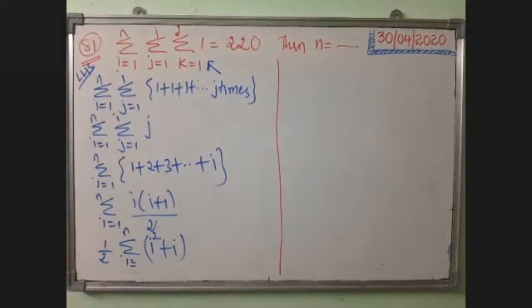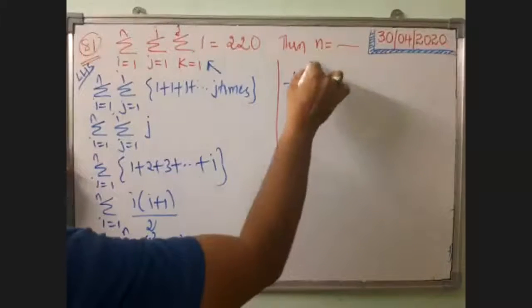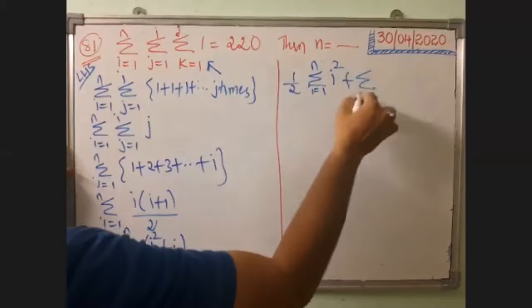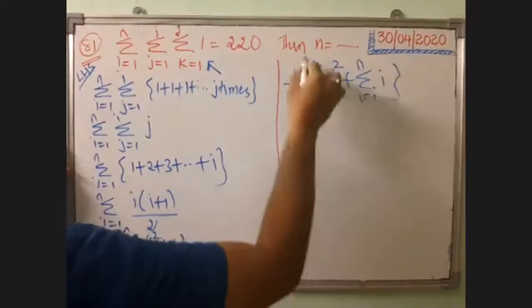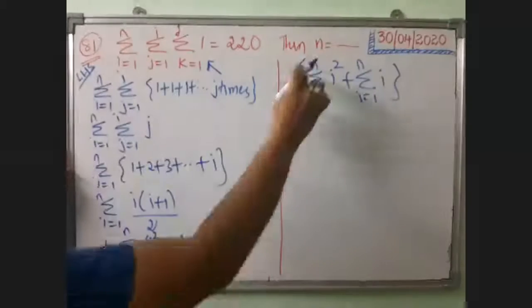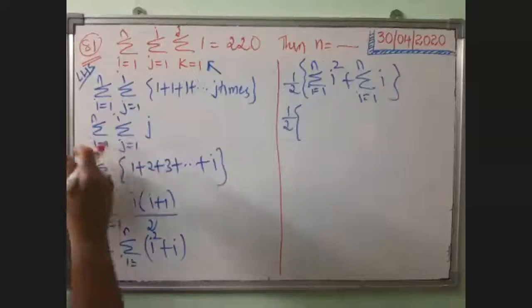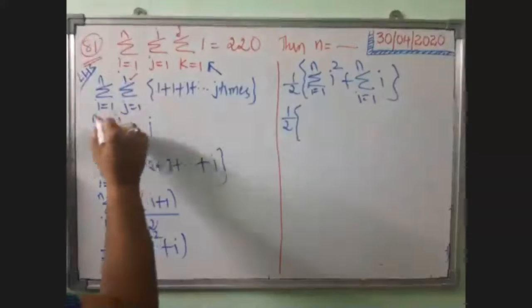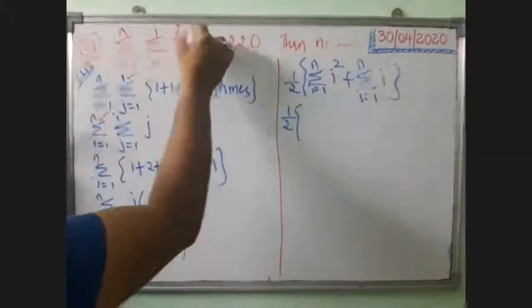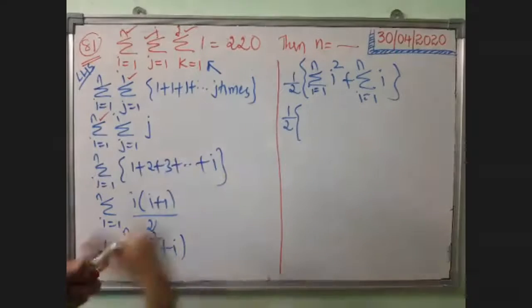So now this sigma i square up to n is nothing but sigma n square. You have to see the upper limit. The upper limit is actually n. So this will become actually 1 by 2 into sigma i equal to 1 to n of i square plus sigma i equal to 1 to n of i. So 1 by 2 of, it becomes sigma n square, because you should give preference to the upper limit. This is what I am telling you in this problem. Here you have to give preference to these upper limits, i here, and these upper limits you have to give. Likewise, I have given for j, here i, here for n, same thing. So the upper limit is actually i equal to 1 to n. It becomes sigma n square.